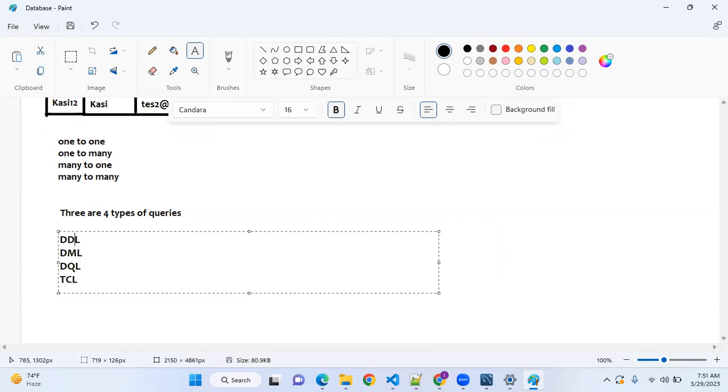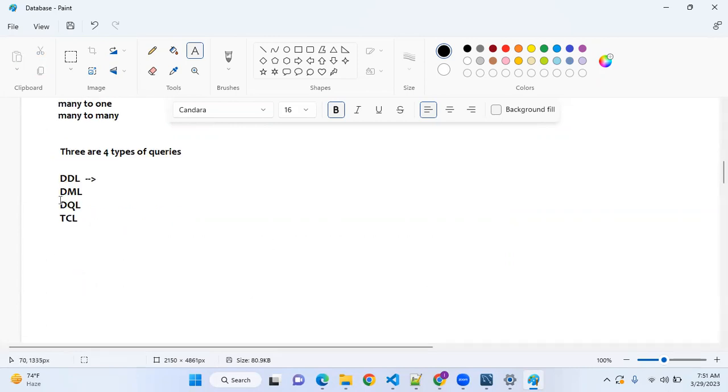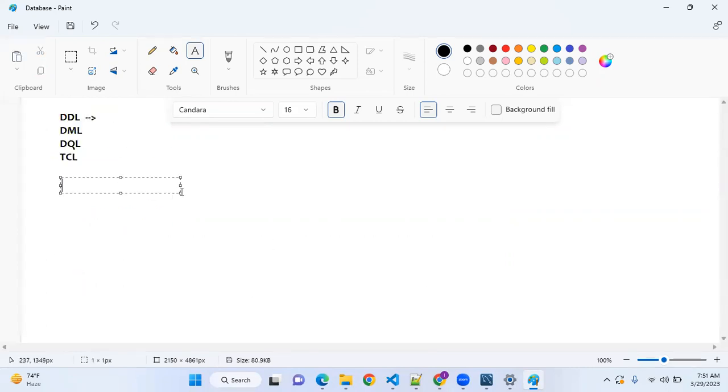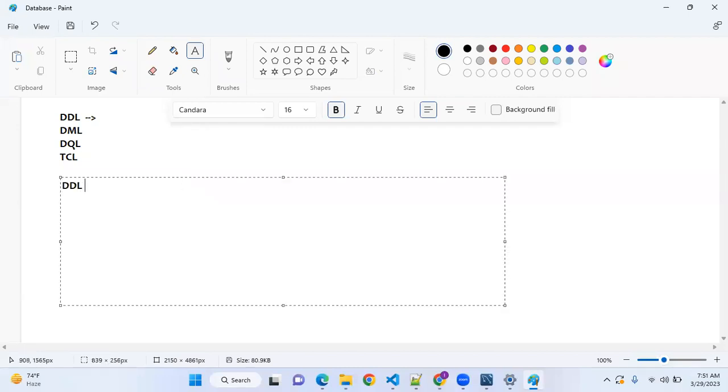We will talk about this one by one, and it is very important, guys. Okay, DDL. What is the meaning of DDL? Let's categorize everything separately and we'll discuss it. DDL query. DDL is nothing but data definition language.